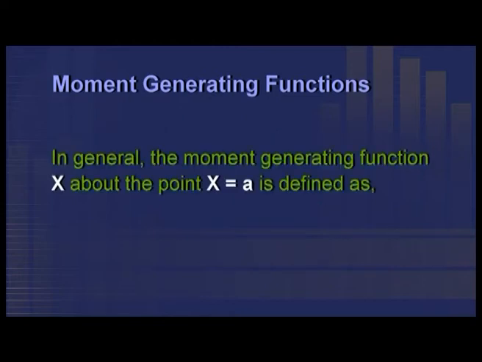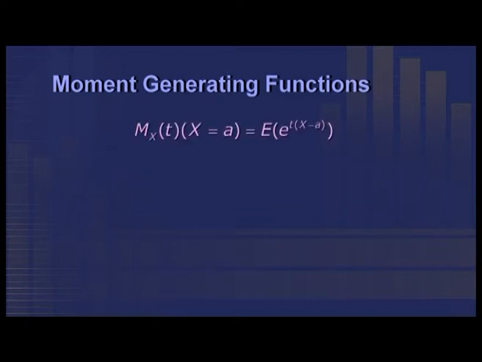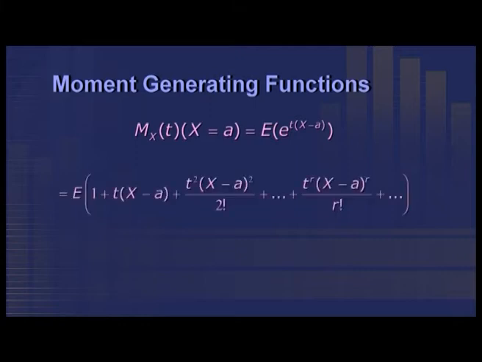In general, the moment generating function of X about the point X equal to a is defined as M_X(t) about X equal to a. This is equal to the expectation of e to the power t into (X minus a), which is equal to the expectation of 1 plus t into (X minus a) plus t squared into (X minus a) the whole squared divided by 2 factorial plus etc. plus t to the power r into (X minus a) to the power r divided by r factorial plus